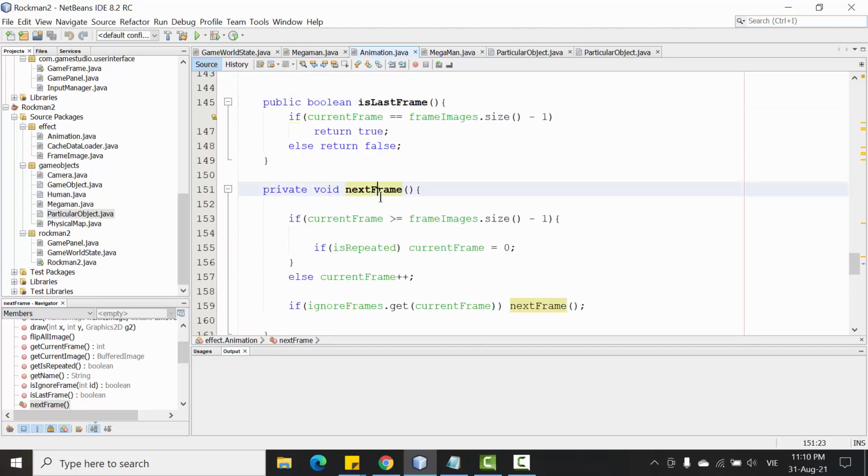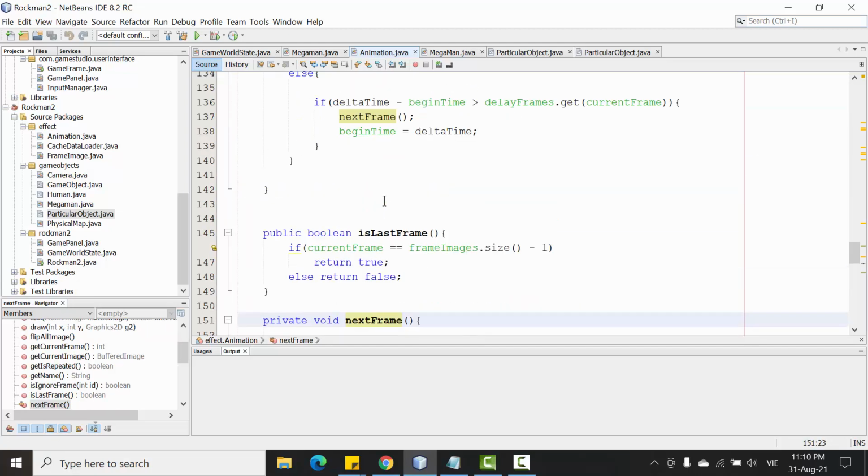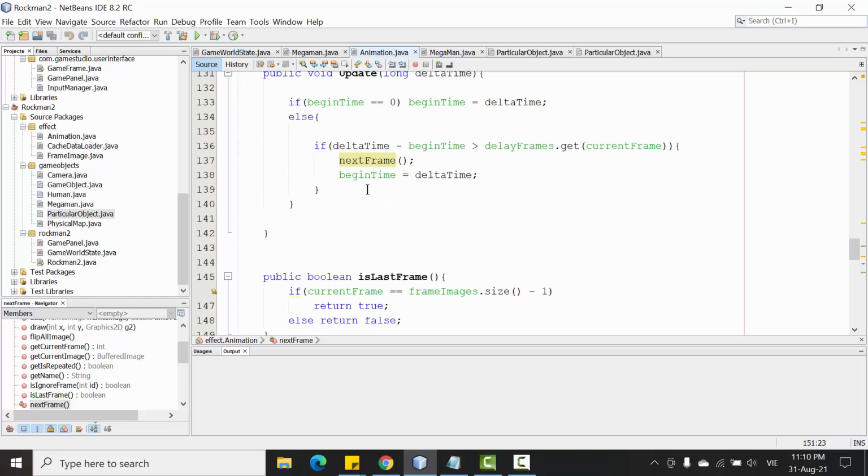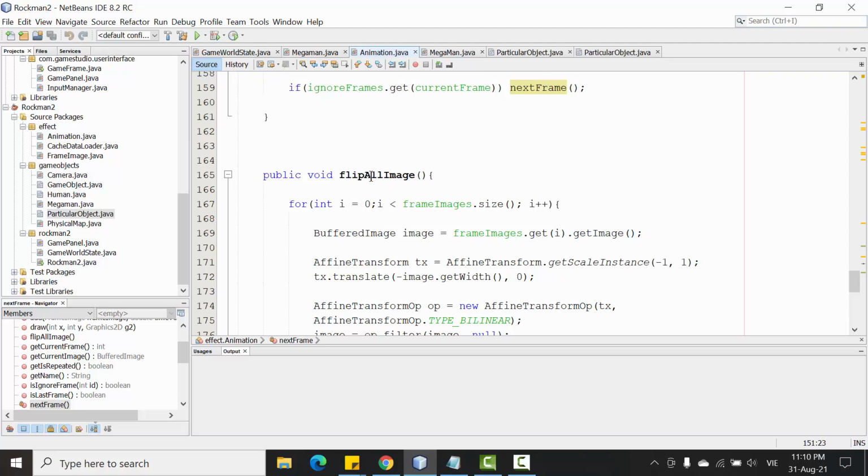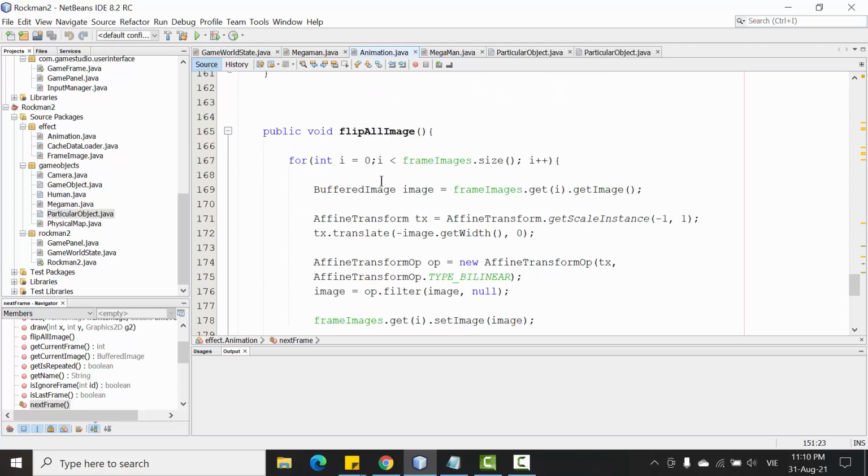Alright, and here I just check whether the current frame is the last or not, and next frame is just an update. I use it in the update function here, and the flip image. Sometimes the animation